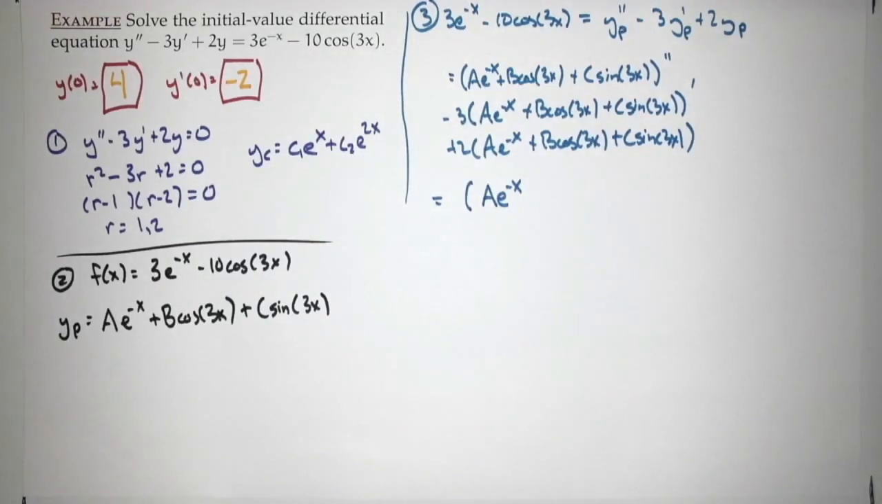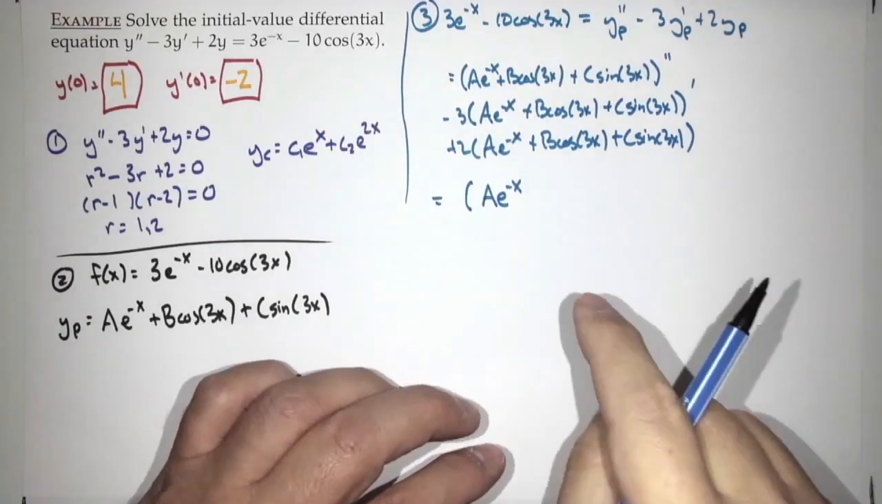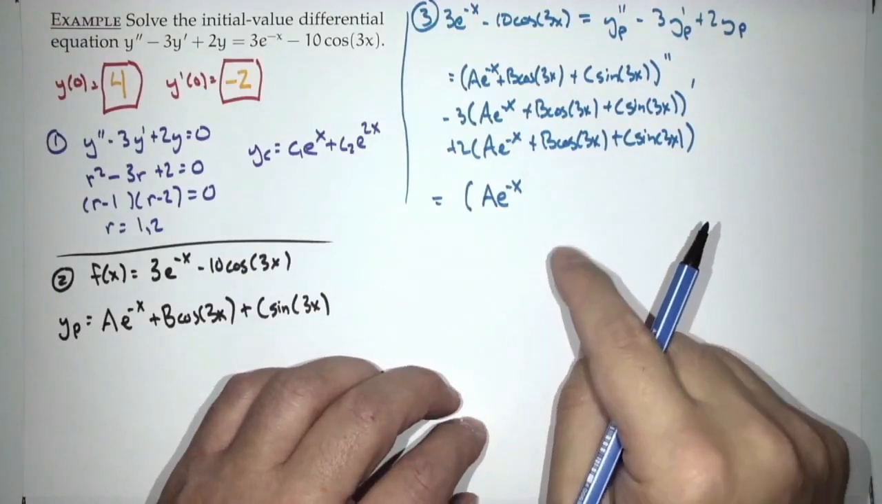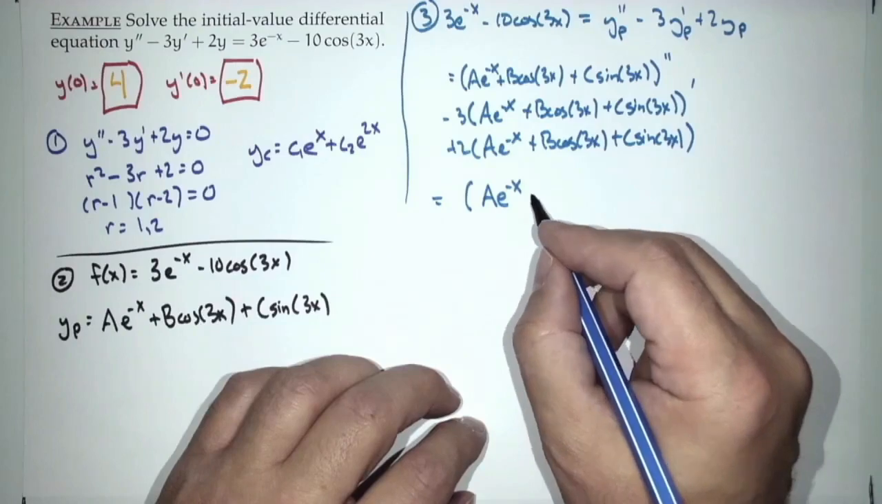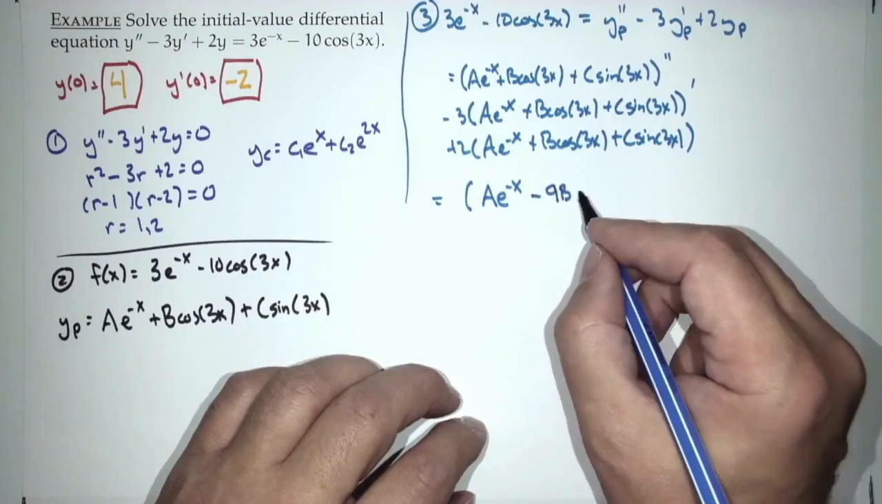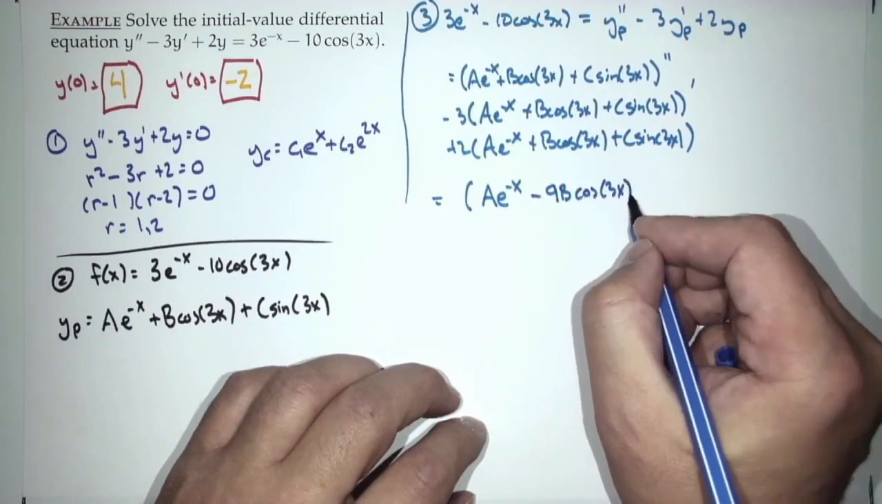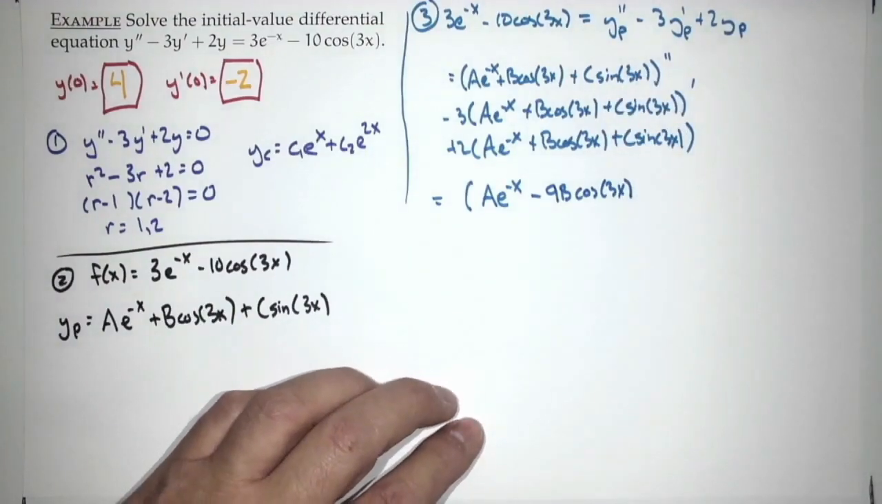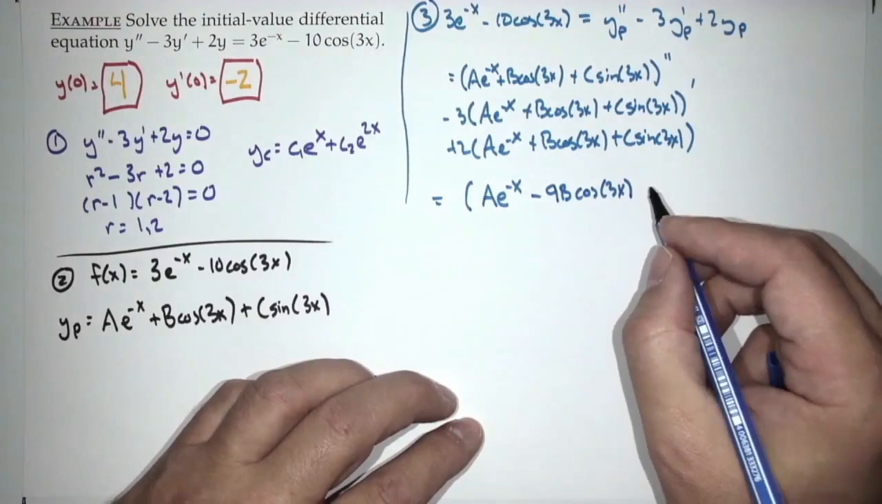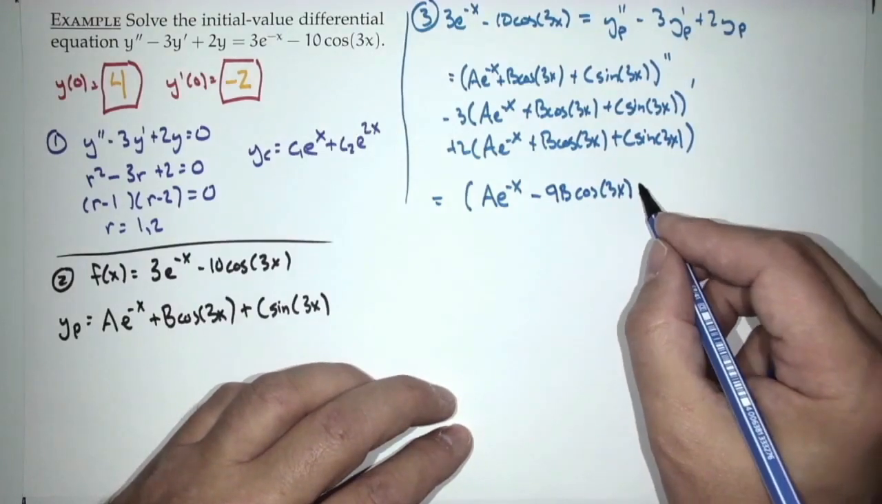Okay, the negative came from cosine goes to negative sine goes to negative cosine. Where did the 9 come from? Yeah, every time you take a derivative, the 3 has to come out. So, minus 9b cosine 3x. Two derivatives of sine of 3x, what would we have? Minus 9c